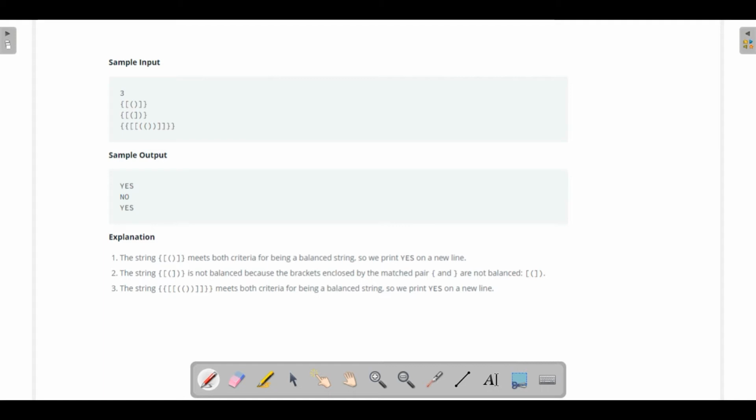Three test cases are given: first, second, third. The first is yes, the second is no, the third is yes. Why is the first yes? Check this out. First an opening bracket, then a pair, then a closing bracket for this, and then a closing bracket for this. For this opening bracket it has this closing bracket, and this is a pair.